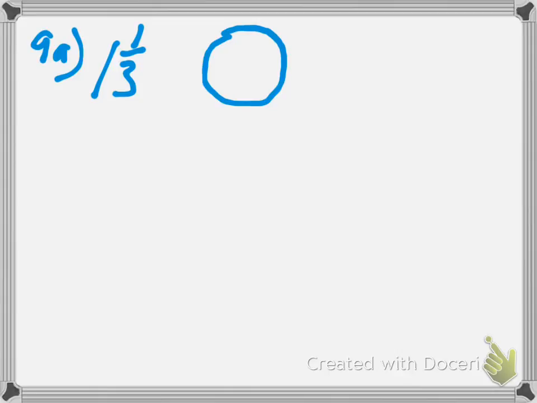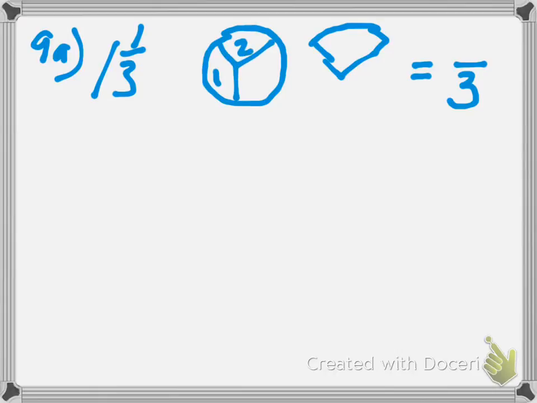For number 9, we're going to take mixed numbers and make them into improper fractions. 9a is 1 and 1/3. If we wanted to, we could draw out 1 and 1/3. And they want us to take this and find out what it's going to be as an improper fraction. So the size of the piece isn't going to change, so that's going to be thirds. So we're going to cut these both into thirds, and we have 1, 2, 3 thirds, which makes 1. And then this would be our 4th third over here in the second one. So we have 4